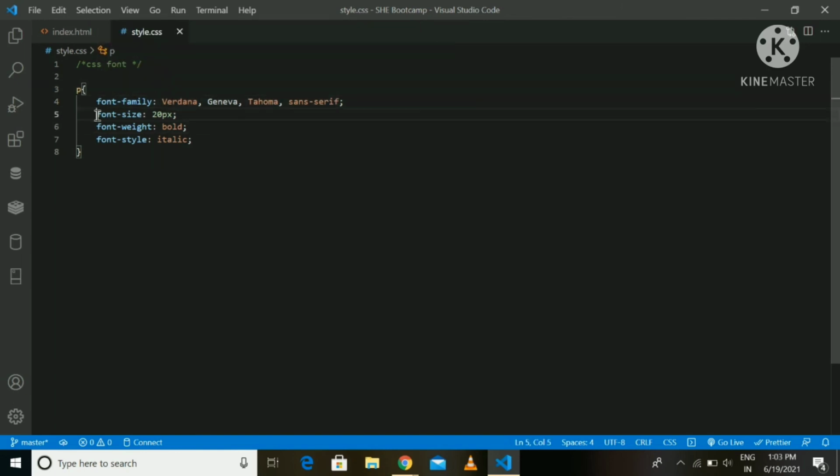The font size property sets the size of the text. Being able to manage the text size is important in web design. However, you should not use font size adjustment to make paragraphs look like headings or headings look like paragraphs. Here I gave 20 pixels as the font size, but it is very high for a paragraph element. But I am using this now just to show you how it will work.